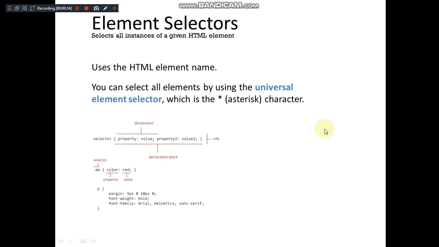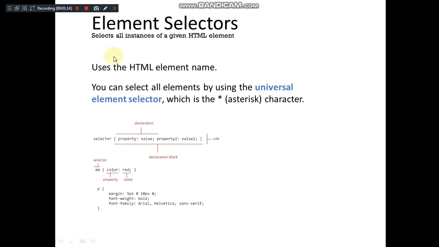One is the element selector. It selects all the instances of a given HTML element. If you say, for example, P here, it is applied to all the P elements appearing in that particular document.